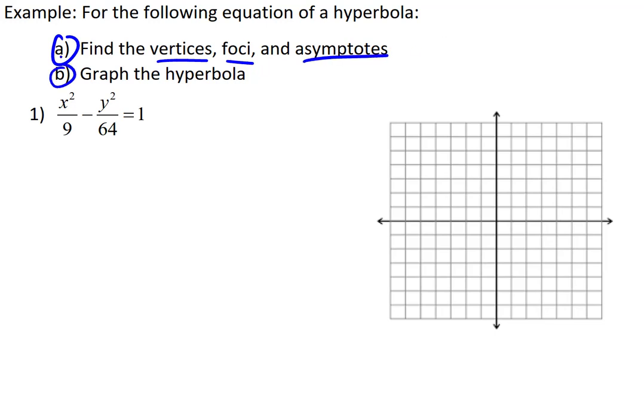Now this all kind of runs together, so I think we'll see it that way. When we look at our first equation, it reads x squared over 9 minus y squared over 64 equals 1. Now you'll recall from our steps above, the first step is to try to get this box plotted on our graph. Now this first variable